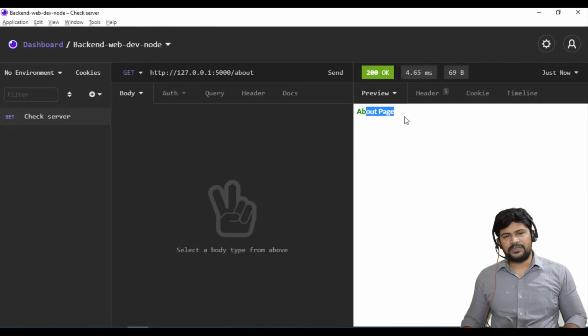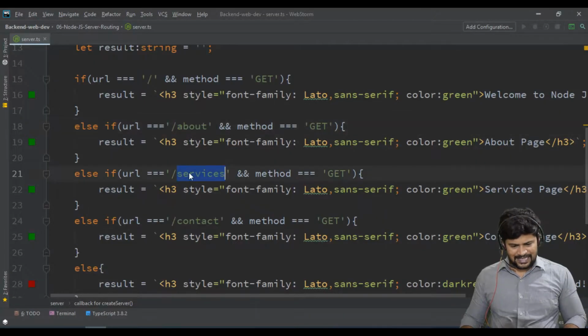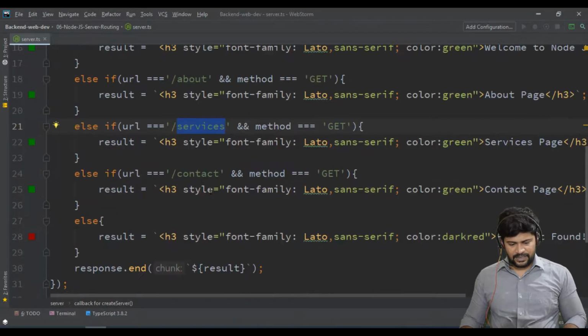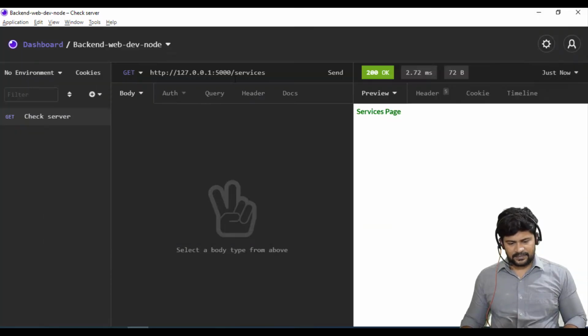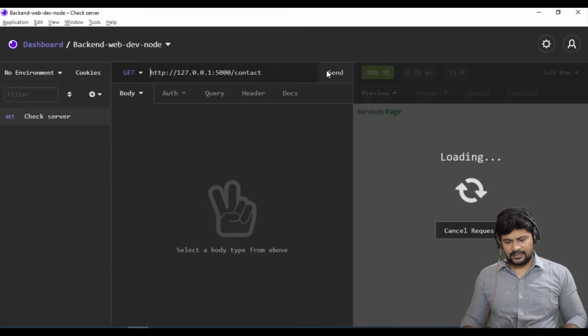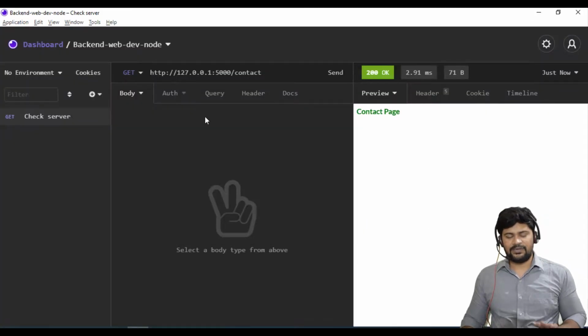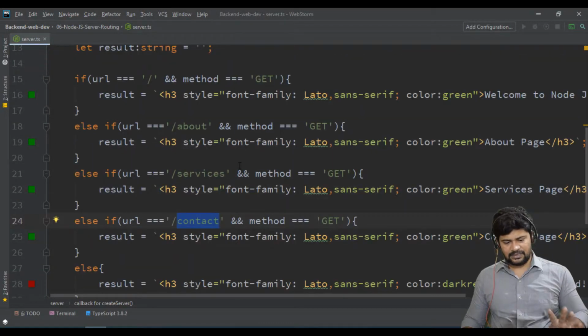you got the about page. If I say slash services, the server will respond with your services page. Next, when you request contact, you get the contact page. My server is only responding to these: we'll only serve about, services, and contact requests.